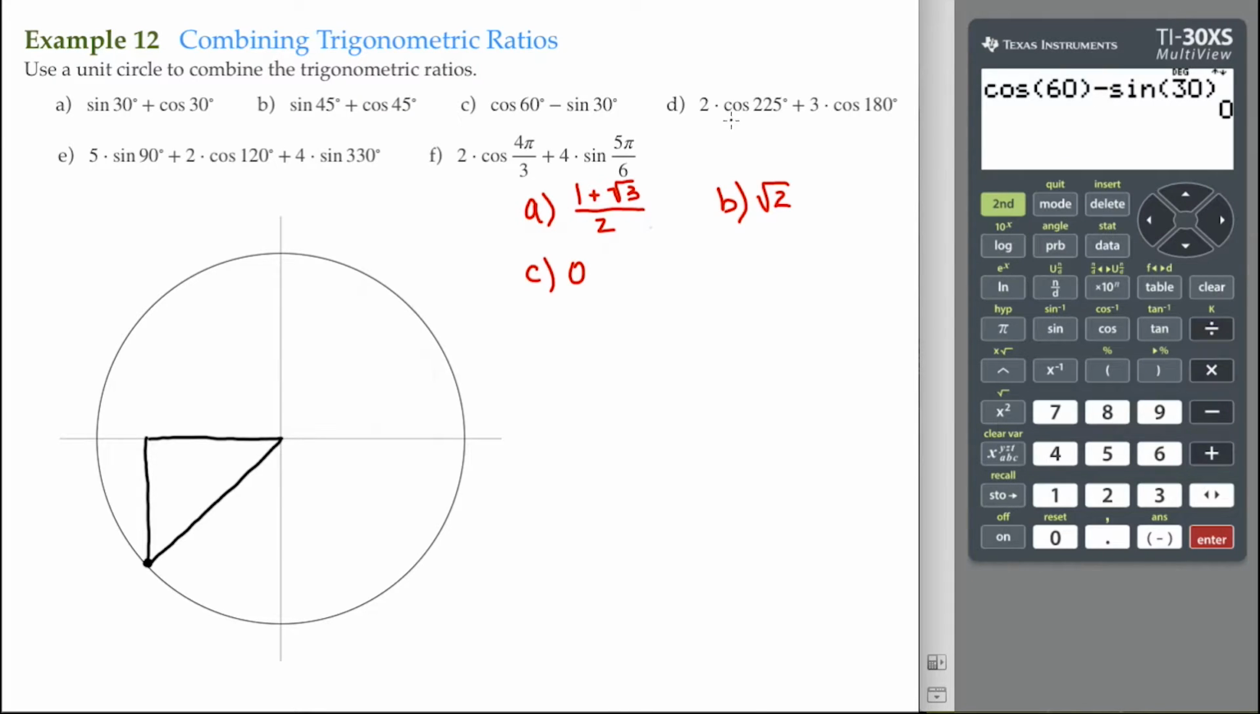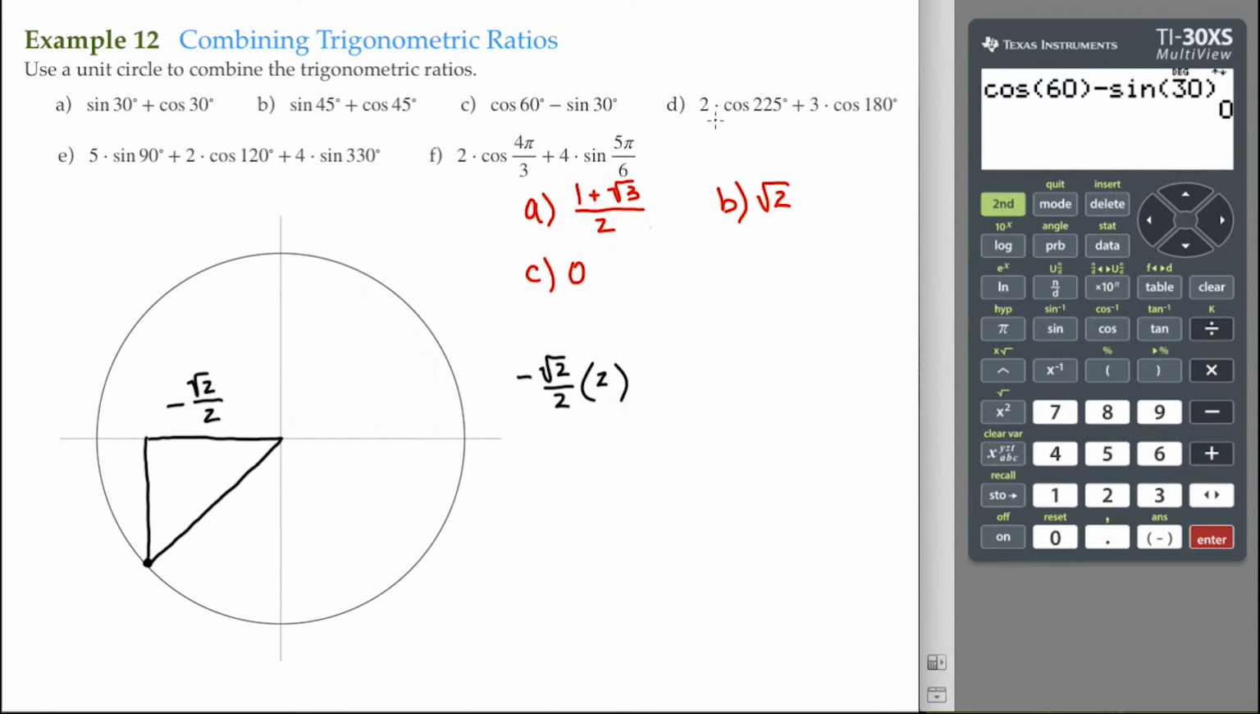Cosine, we're concerned with the x-coordinate, that's this right here. That's the square root of 2 over 2. However, we're going back. So it's going to be negative root 2 over 2. The quadrant in which the special right triangle lies matters. And of course, the cosine of 225 degrees is negative root 2 over 2, but that's 2 times that. So we have negative root 2 over 2